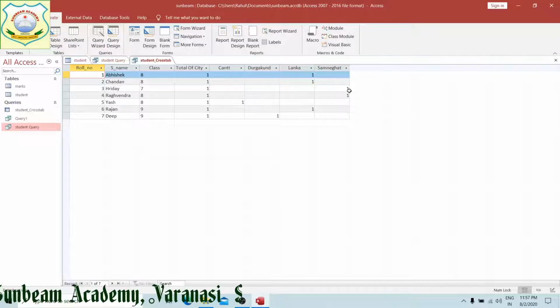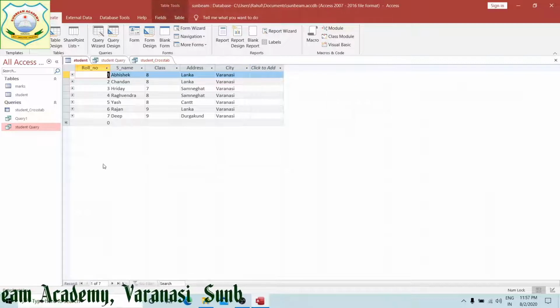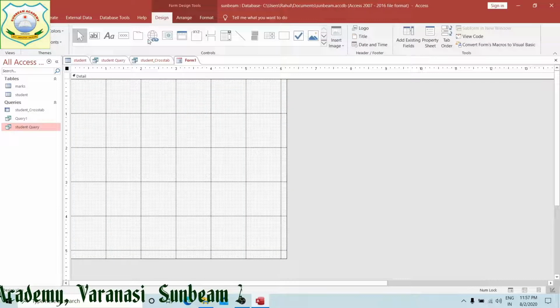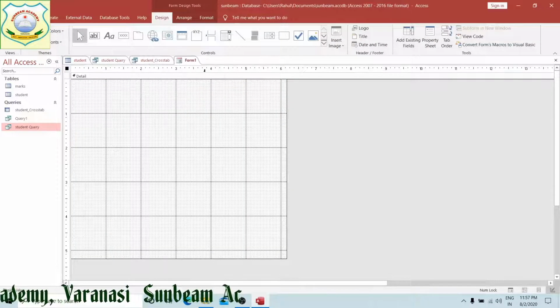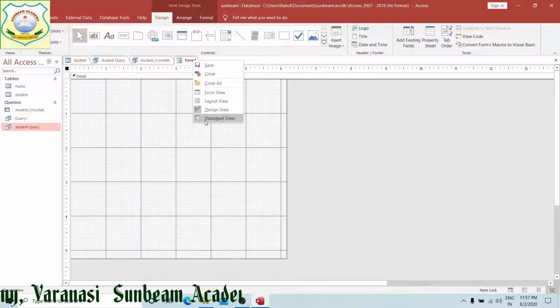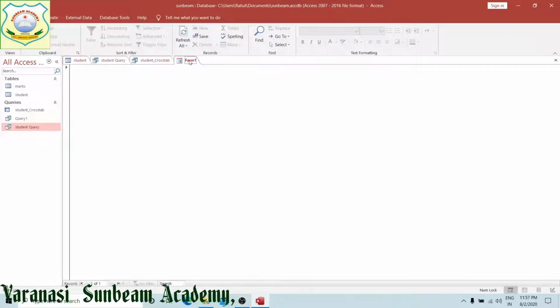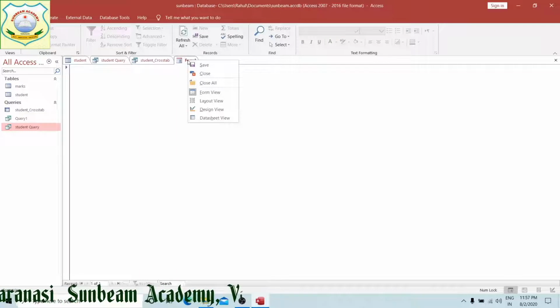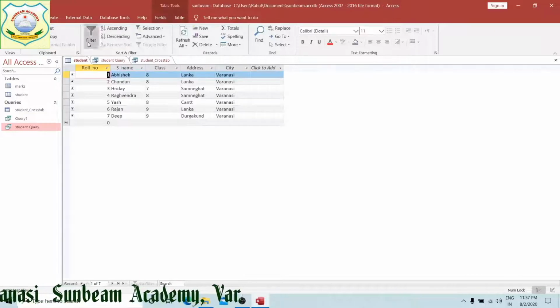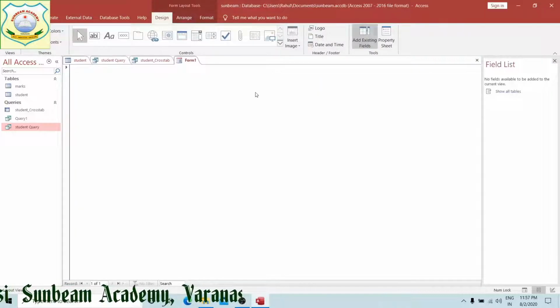As I told you, this is the student table. In a simple way we are putting the data. Now we are going to create a form. Form design, form view. Create blank form. Right?